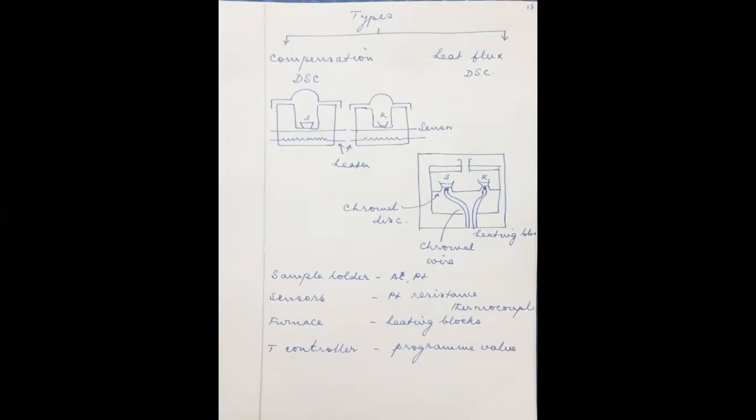Otherwise, what will happen if your rate changes? The rate of your supplying the heat energy and the rate of accumulation of the heat energy by the sample are supposed to be equal. Otherwise, what will happen? The temperature difference will not be accurate